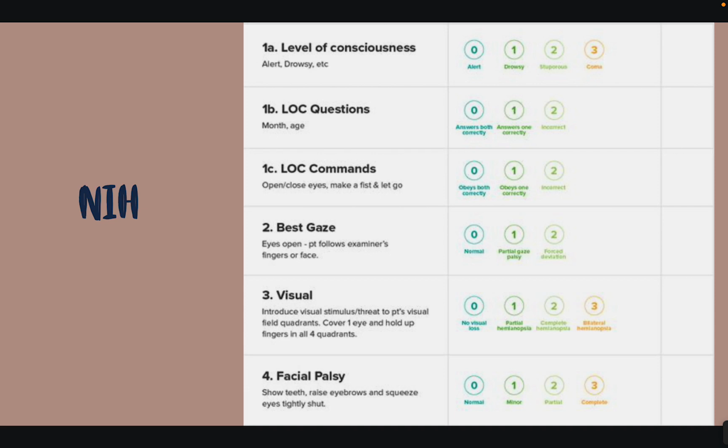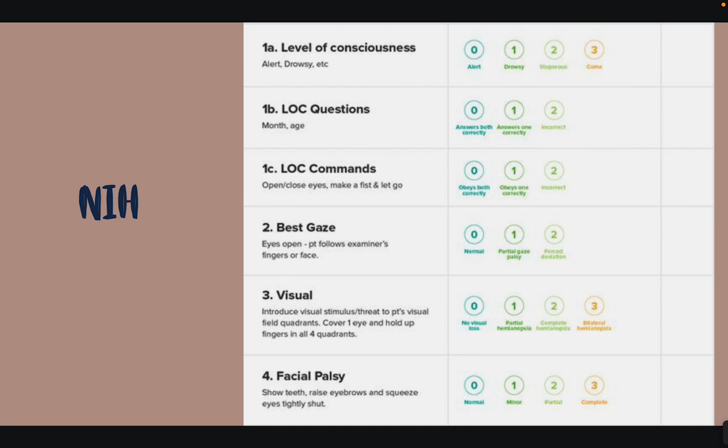So for your NIH, you're going to be checking the level of consciousness. When the patient arrives, is this patient alert? Are they drowsy? Are they not even responsive? Can they tell you what month we're in, what age they are, what their date of birth is? You want to see if they follow commands. Do they open their eyes, or do they respond to you when you call their name? Their best gaze, are their eyes open? Do they only open